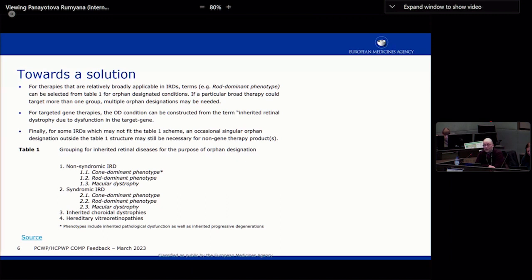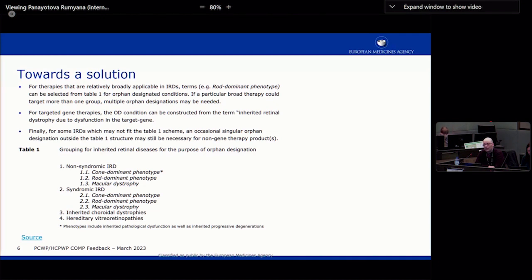Now for them, you see in this table 1, we now have a new model that we will use for giving the designations, which is based on my initial proposal, but you don't see much of my initial proposal in there anymore. Unfortunately, it's been very much changed. So, basically it will boil down to, are you a syndromic IRD? So are you associated with a syndrome like Joubert syndrome or Alström syndrome? Or are you a sort of standalone IRD that is not associated with a syndrome?